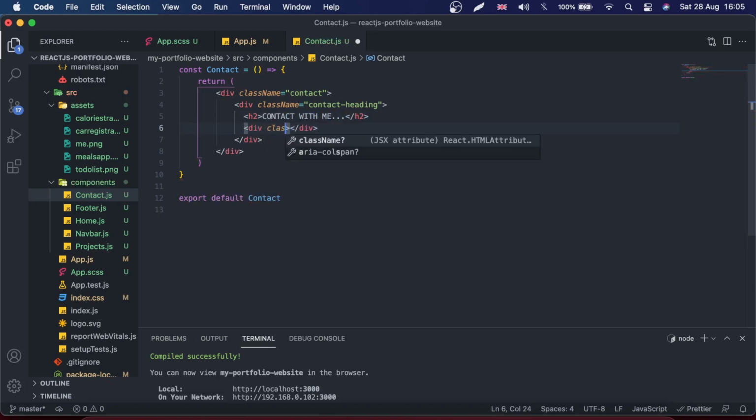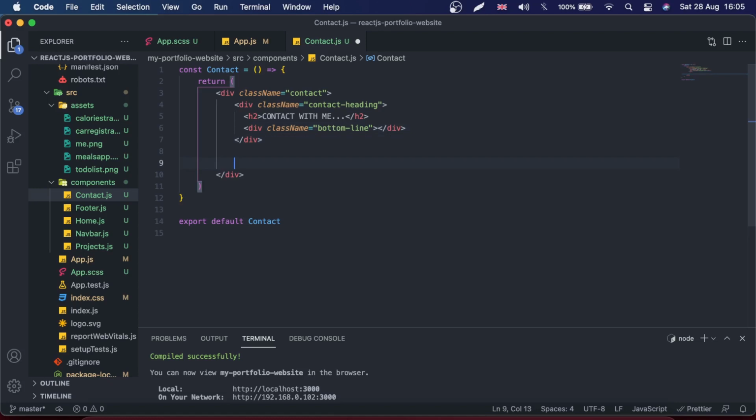So I'm going to say class name bottom line. Okay, after that, below this div we will have another div with the class name of contact grid,